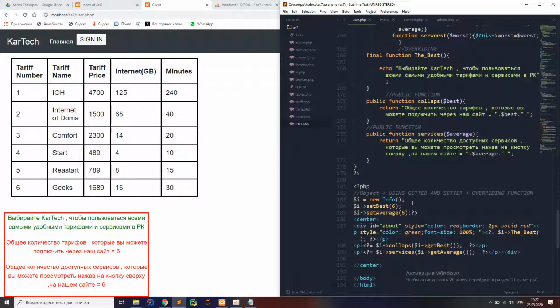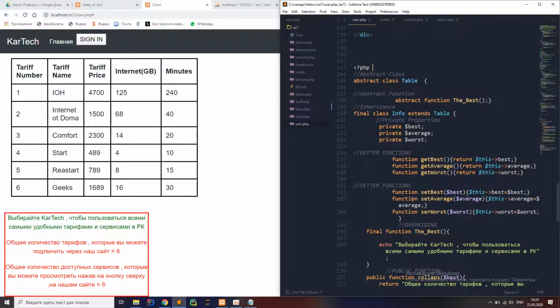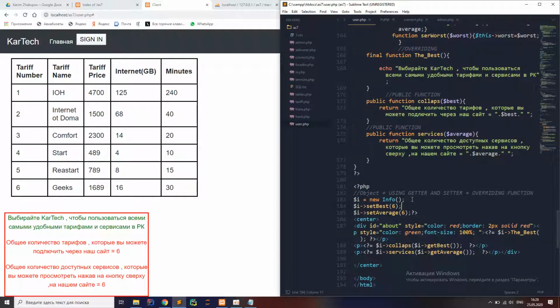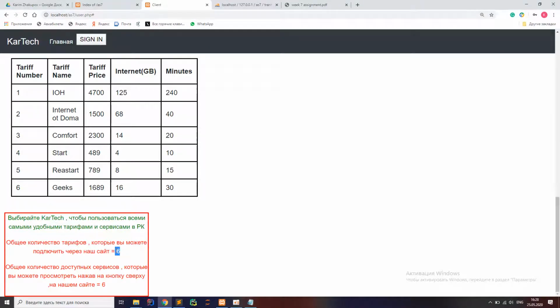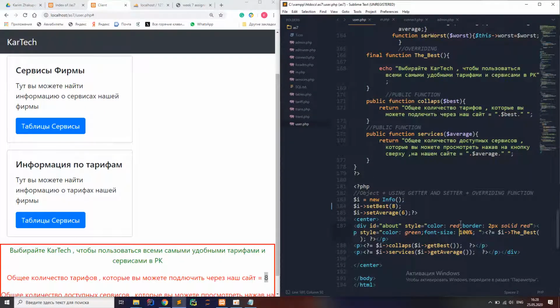And as you can see, I created an object of my final class, which inherited from abstract class. Then I called setters to my private properties. This one will change. Then that's all about object-oriented,